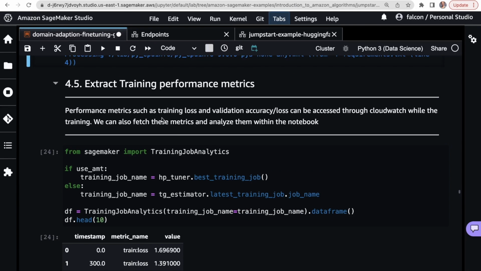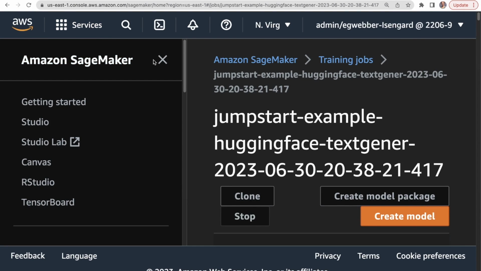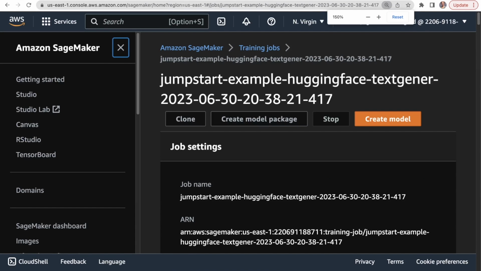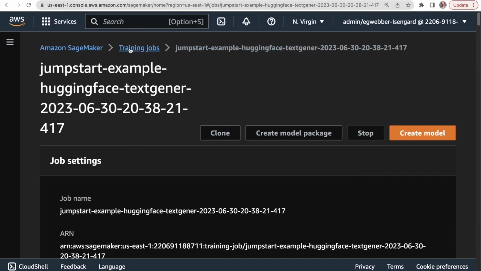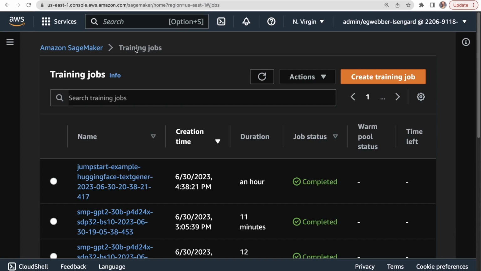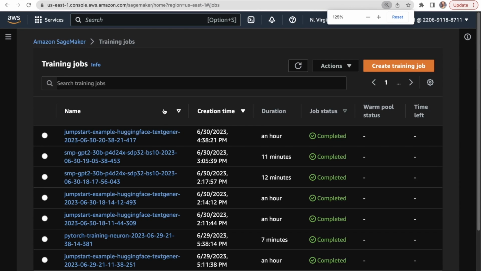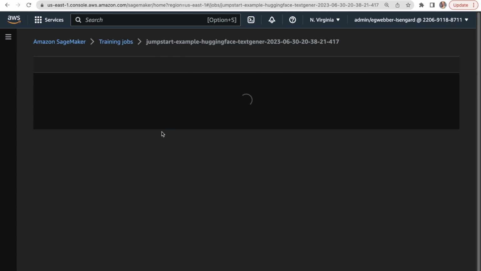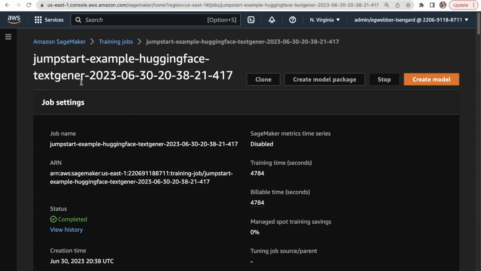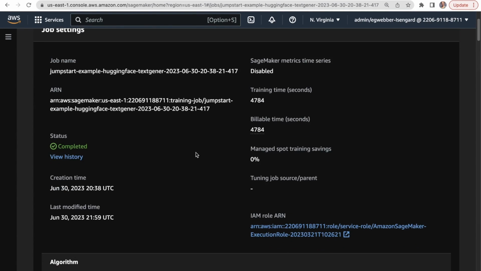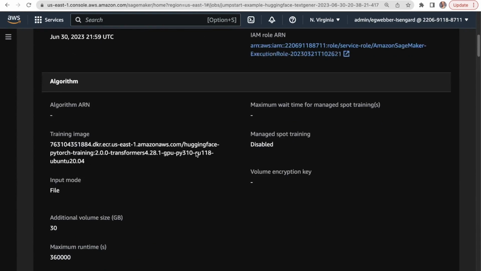And here, let's look at the job in the console, actually. Zoom out for you. So in the console, here is this one job we ran. So one JumpStart text generation model still took a solid hour.